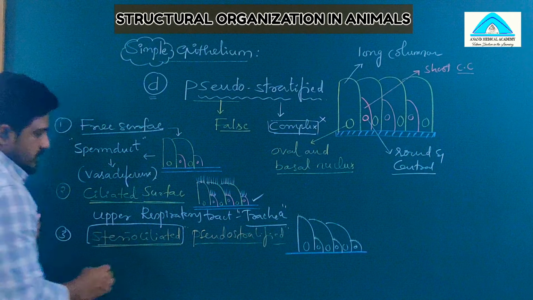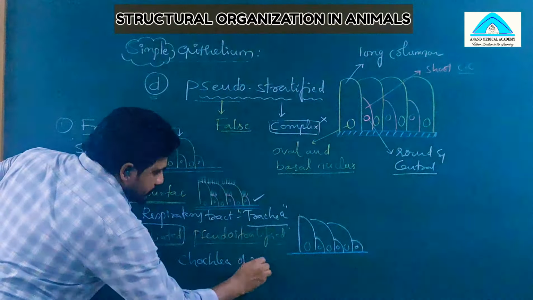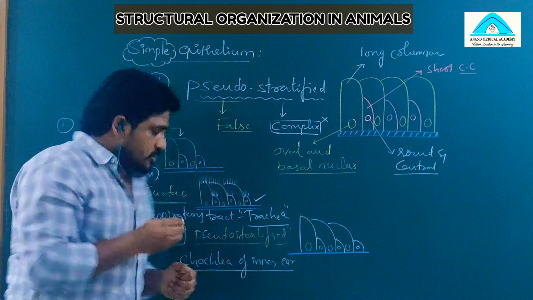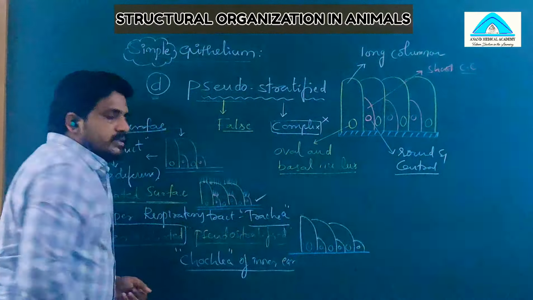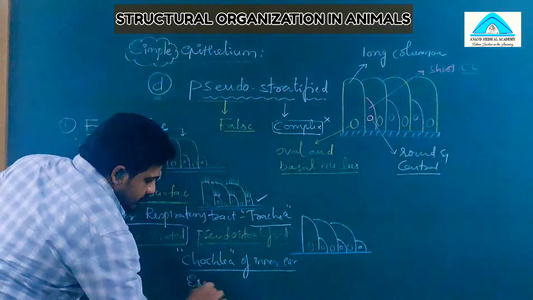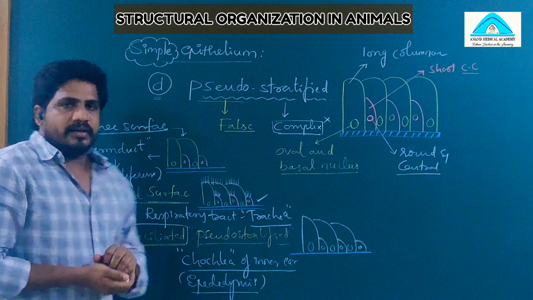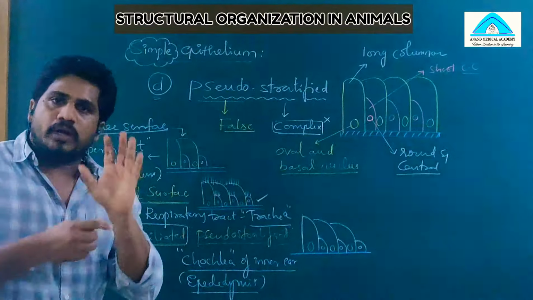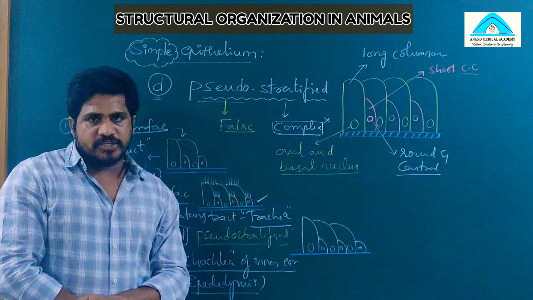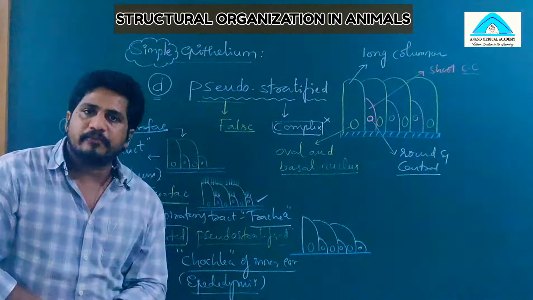Such cilia are present in the cochlea of the inner ear. In the inner ear, the hearing organ is there. That is called the cochlea. This cochlea is lined by this type of epithelium. And another place, in the male, is the epididymis. The epididymis is the place where sperms come out of the testis into a duct-like structure, in which sperms are stored temporarily and also nourished. So these are the different examples according to the surface of pseudostratified epithelium.